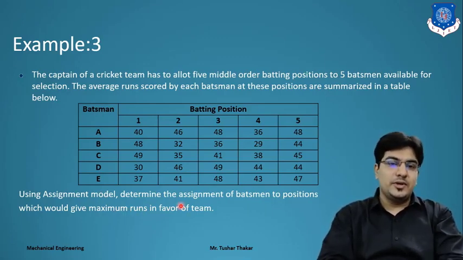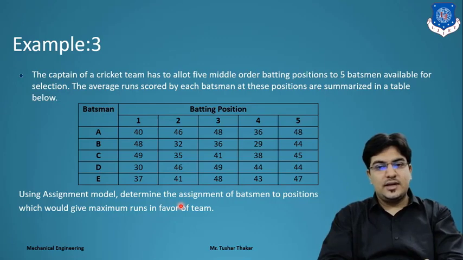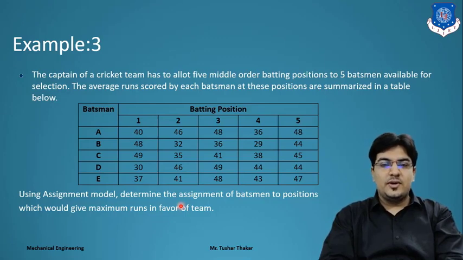So what we have to do here, in the last lecture we did one assignment problem. In that problem we had to make one zero in the respective row and column and give the assignment on that zero, and all those problems were minimizations. Today we will learn a maximization problem.